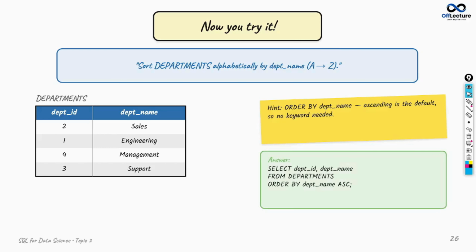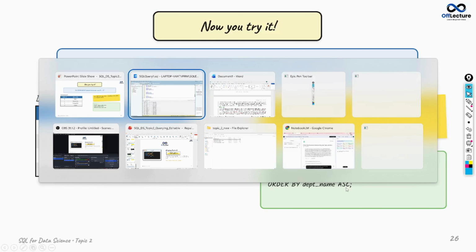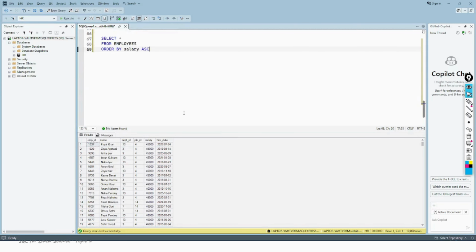Okay. So the output is pretty simple. We will write department ID, department name from departments, order by department name, ascending. So we'll go back to SQL query and we will write select department underscore ID, comma, department underscore name from departments table, order by department name